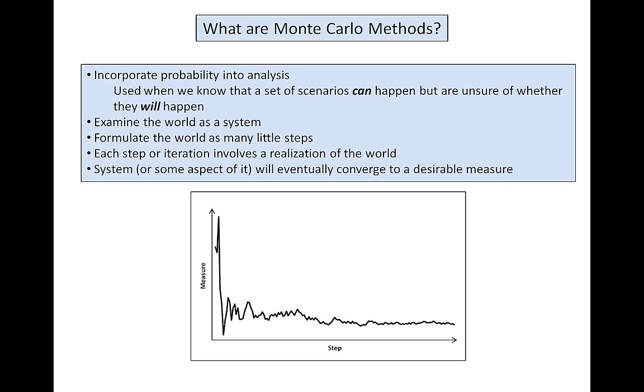And do I mean converge to a value? Yes, I mean to converge to a value. But it won't necessarily converge to a value. You can have Monte Carlo systems that will converge to a function, or will converge to a set of relationships. So it's not necessarily true that it will converge to one value, but you would expect it to converge to some stable process, or some stable outcome, whatever that would be. So it's really about creating stability rather than the value itself. Somebody asked about what is converging.